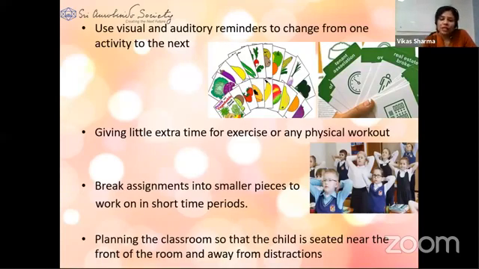Planning the classroom so that the child is seated near the front. It is very important, teachers, especially for children who get easily distracted or who are high on energy. These children may choose to sit very near the window or very near the door, as I just mentioned in the last point. So make it a point, any special child needs teachers' special attention. If I talk about special attention, how will you give that to the child? By at least making his proper sitting arrangement